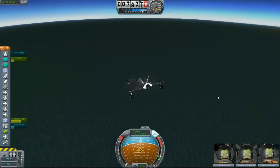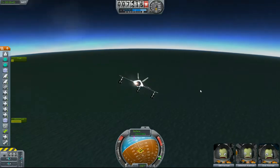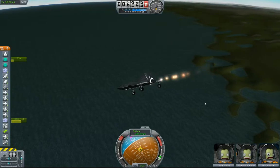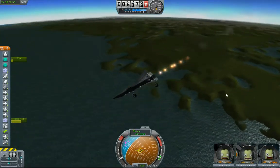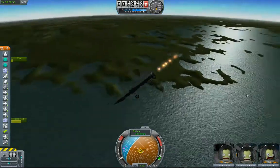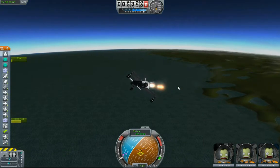And once I get below 8 kilometers, I'm going to turn my SAS off. Let's take back some manual control. Throttle up some. Okay. I'm seeing a lot of hills over here. Let's find a good place to land. And maybe that looks like...